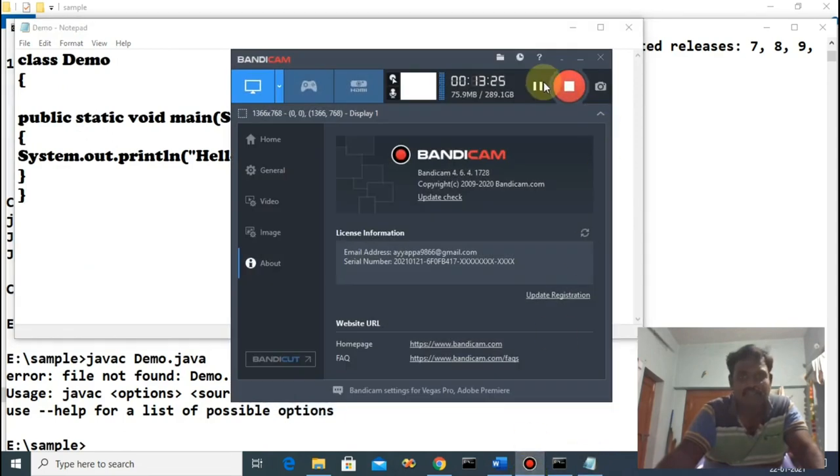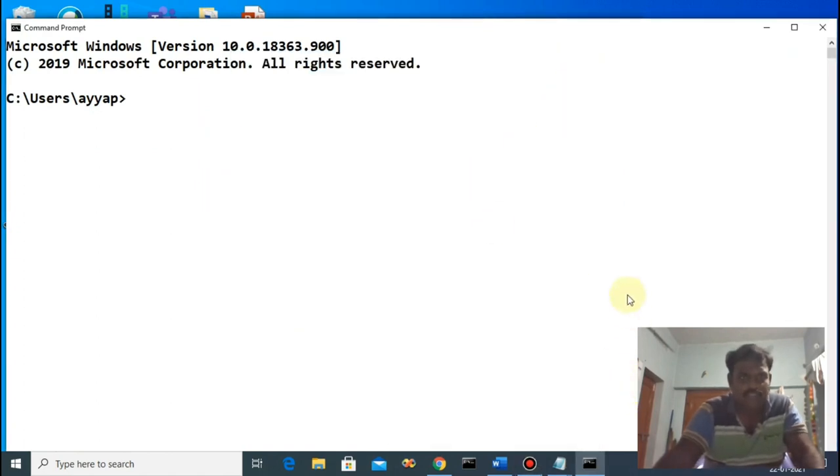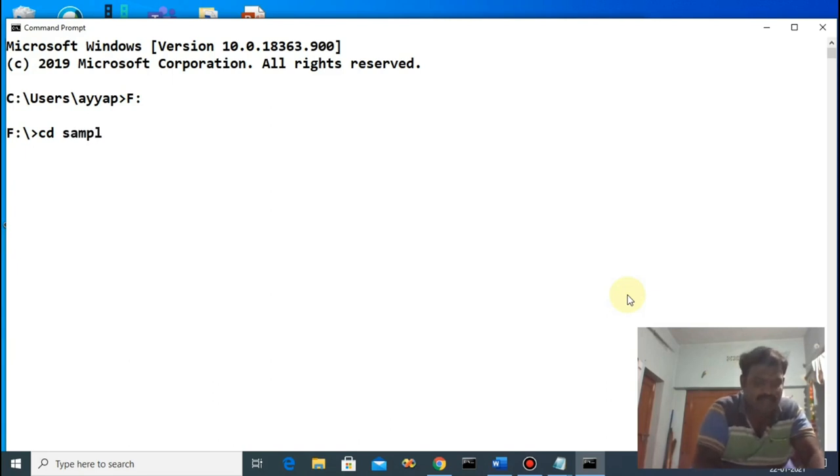Now see, my folder is available in F, not E. That is a mistake. So go to F, then type cd. The folder name is sample. Then this is the path.